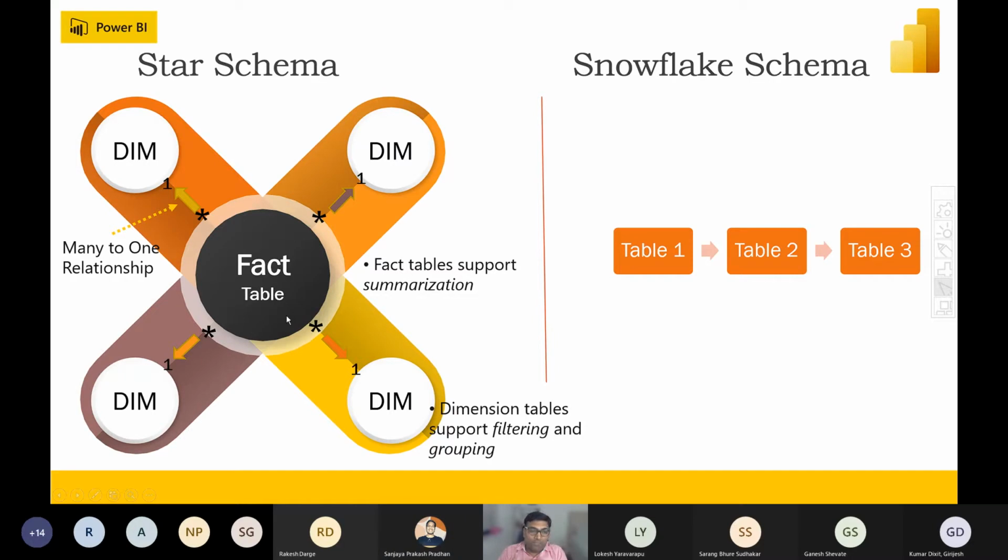Here you have two types of tables. One is the fact table and another is the dimension table. Fact table stores your transactional data, and dimension table is kind of a master table for you. We will view in Excel how it looks, and then you can see the relationships here. You can have one to many, one to one, many to many, multiple types of relationship between dimension and fact table. But you can always have only one active relationship, and you can have multiple inactive relationships.